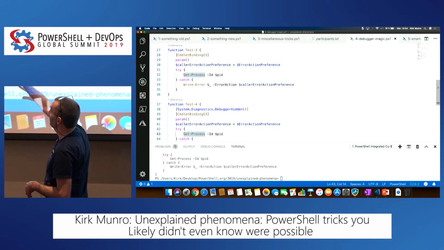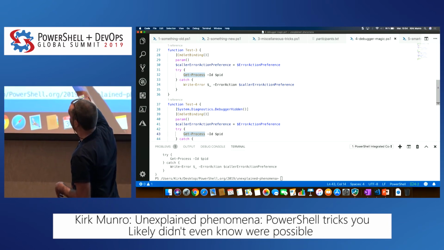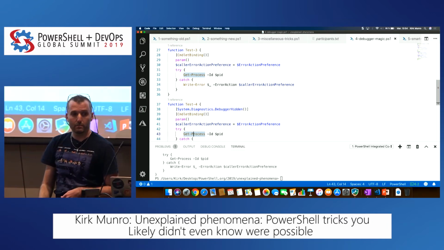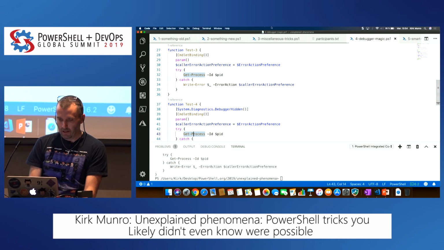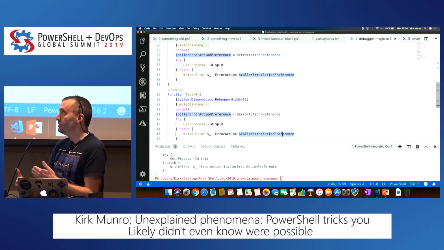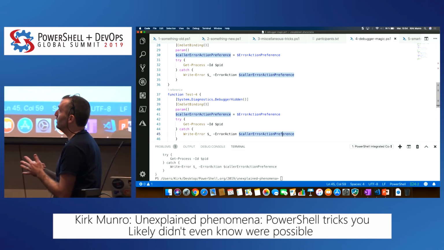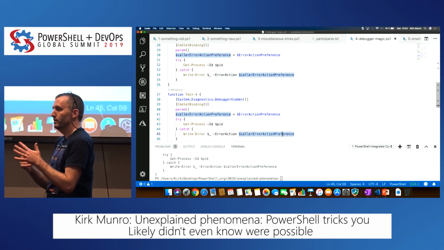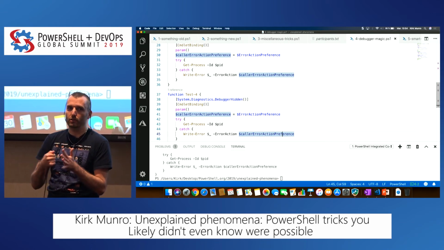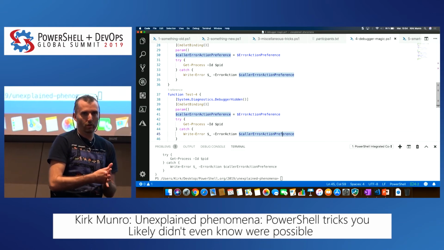Below, line 44 here is the exact same as what you see below line 33. So both are the exact same code, with the exception of a debugger hidden handler on it. And so what that allows me to do, I talk about shims. One of the things that drives me with the work I'm doing is when I write functions in PowerShell, I want them to work as closely as possible to how a commandlet would work.